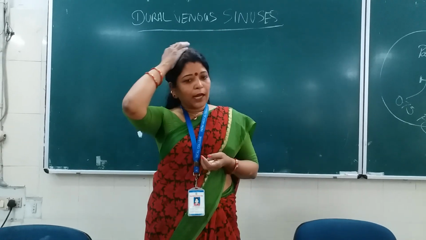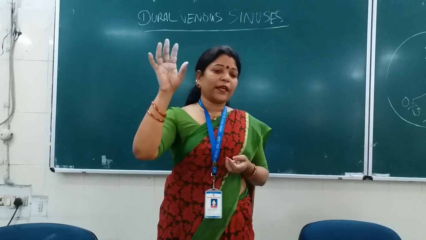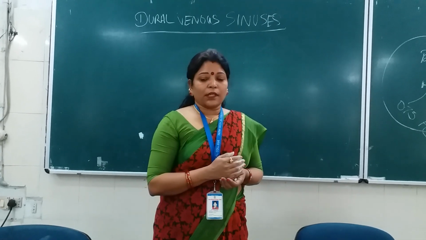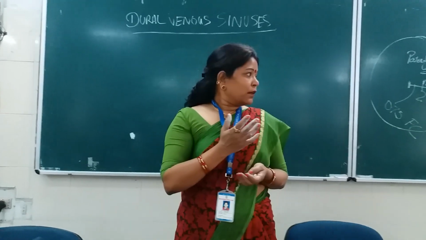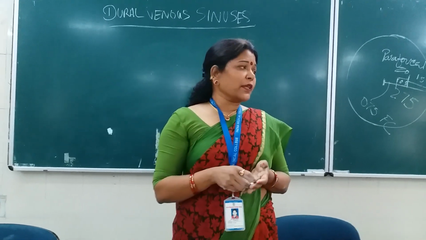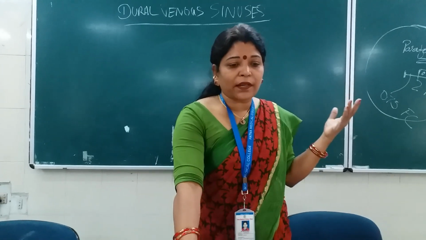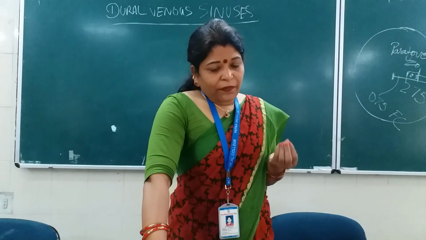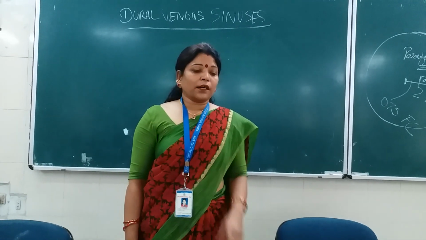Look here, there is the scalp over here. So over the scalp, there are the external veins which communicate with the cranial cavity, isn't it? On the external aspect, the face is there, and through the facial veins of the external aspect, they also communicate with these dural venous sinuses. How? These dural venous sinuses are connected to the external veins via the emissary veins.